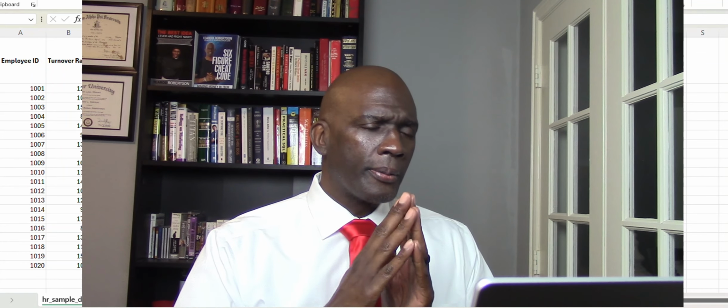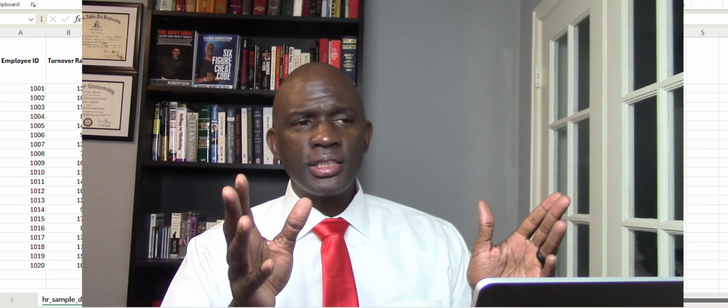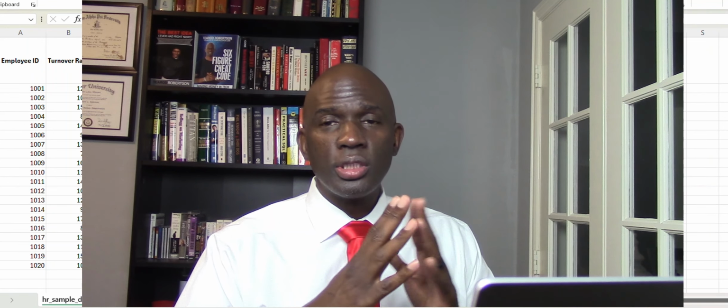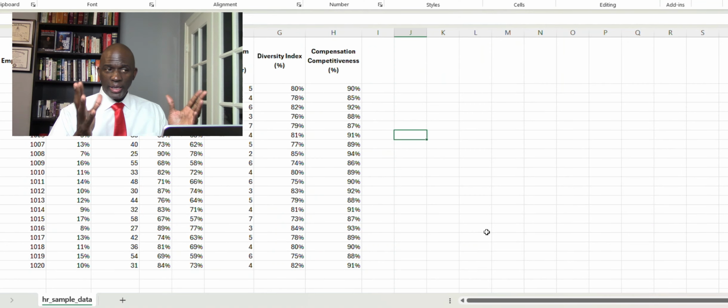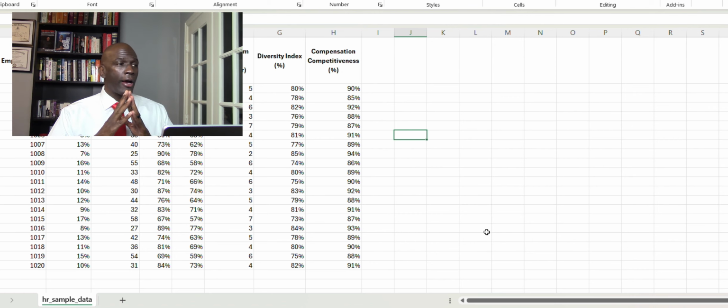So here, what we have is just a simple spreadsheet of some data points that can be used to create a better experience within an organization from an HR standpoint. The first thing I want to do is get this information from an Excel spreadsheet to a data visualization tool. And typically, I always say, hey,